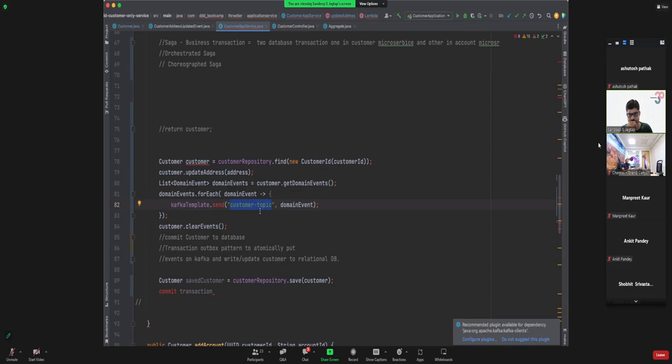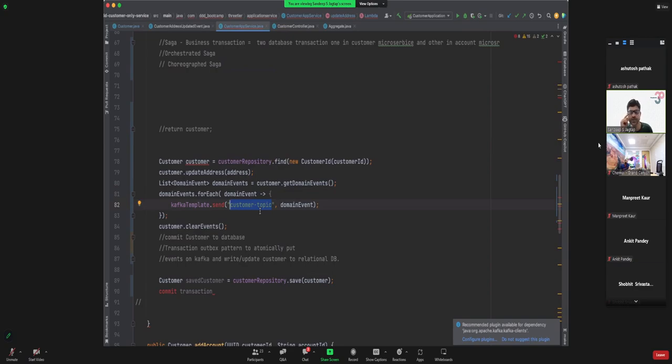So for a particular customer, if multiple domain events are created, and you are putting an event on Kafka with the key of the event as the customer ID, then you are guaranteed that for that customer, events will always be in the order in which they were generated.